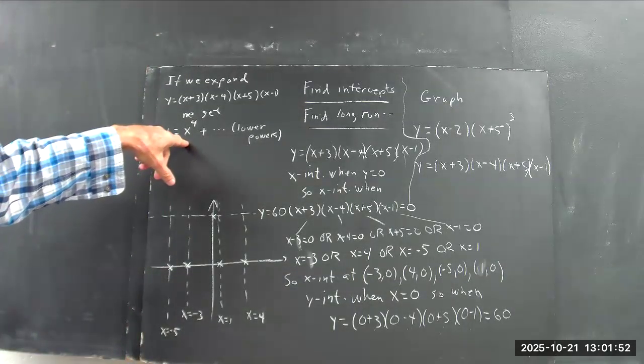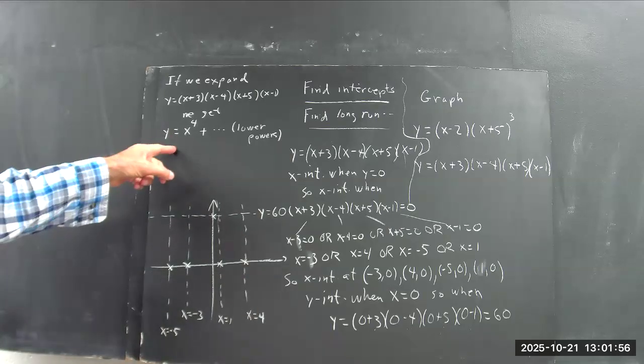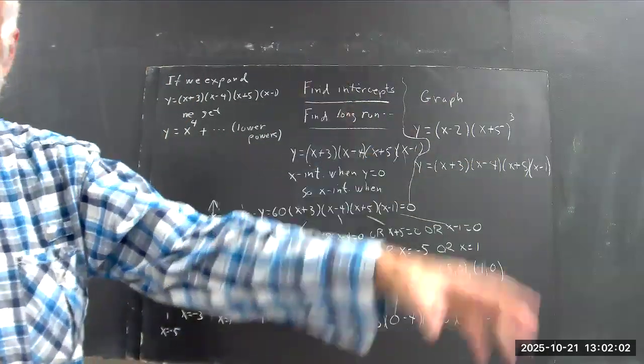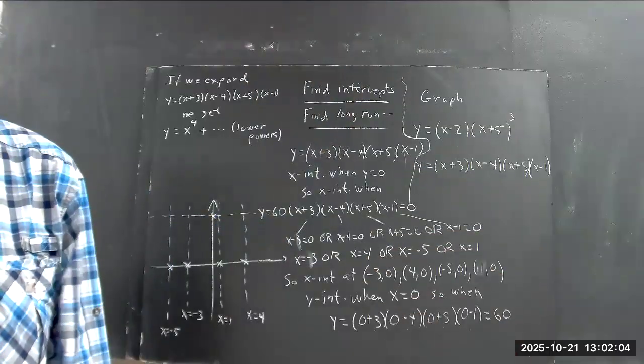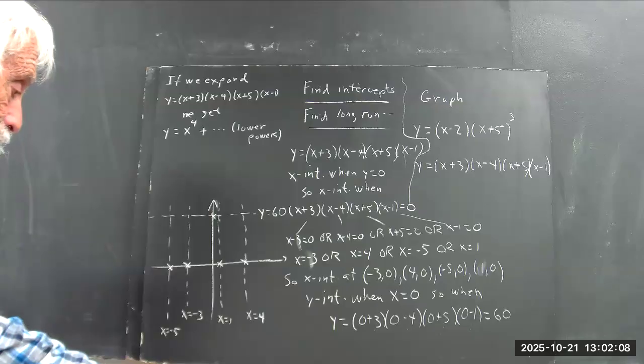The biggest power wins. If x is big enough, it's 100 times as big as everything else you get, or it's 1,000 times as big, or it's 1,000,000 times as big. Okay. Now, again,